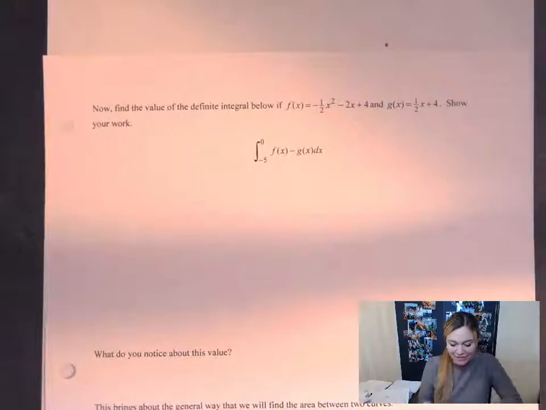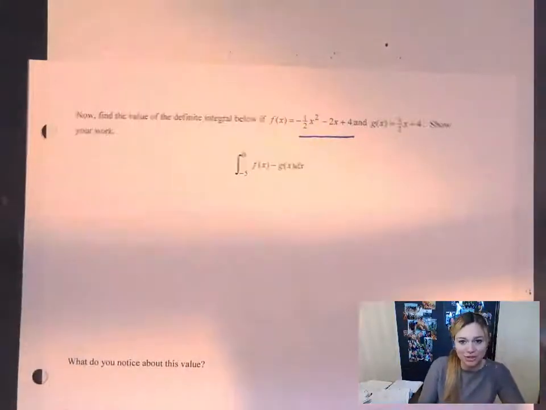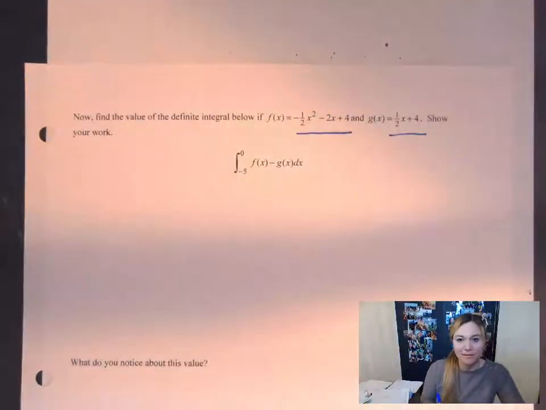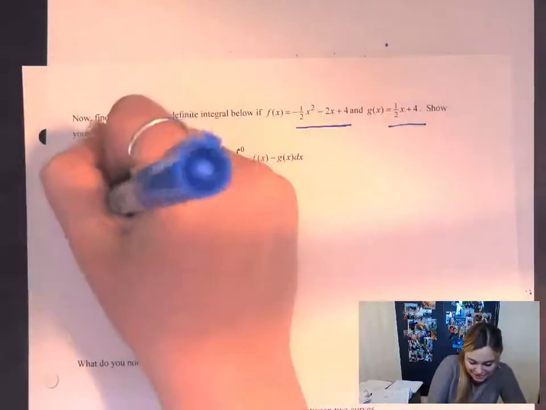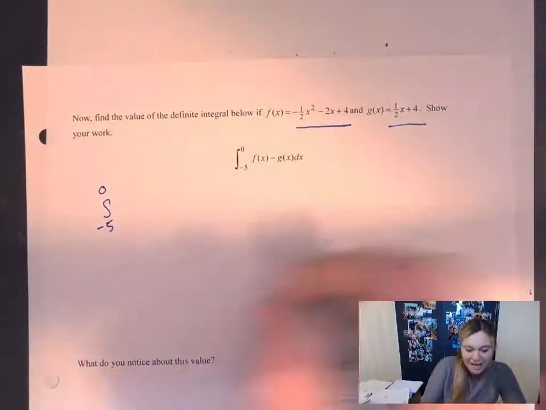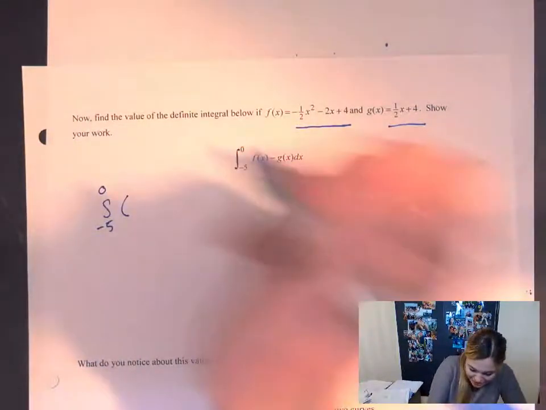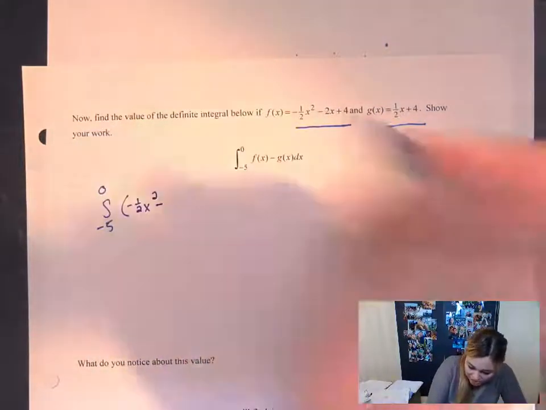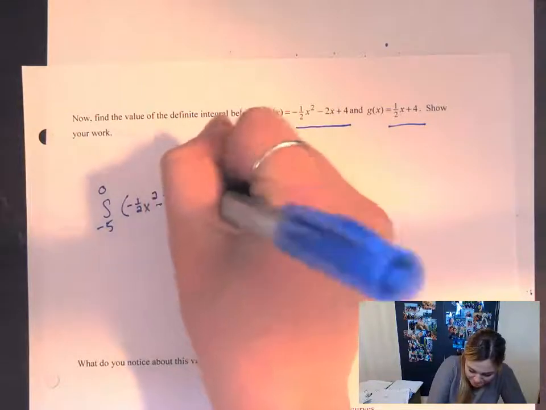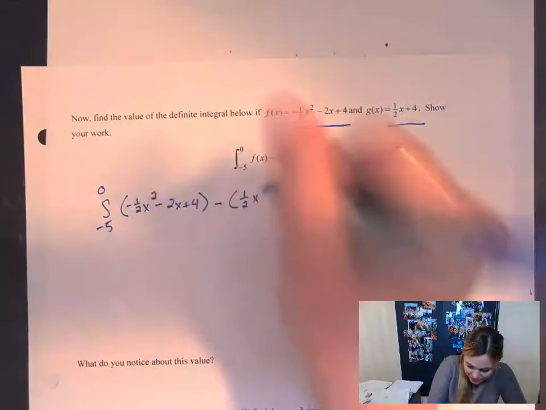So if we go to the next page, on 212, it says, now find the value of the definite integral below. If f of x equals this, that's what we had originally. Now we're just playing around with this. What if I was given this definite integral and I didn't integrate each one of these first, what if I put them all together? And I said f of x, which was -1/2 x squared minus 2x plus 4, and I subtracted 1/2 x plus 4,